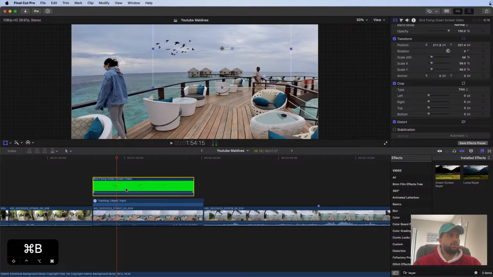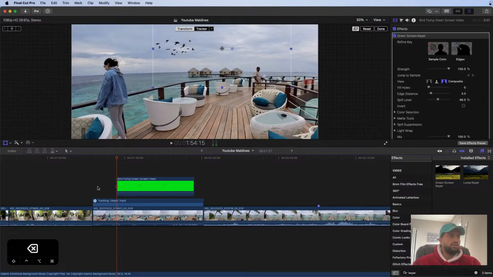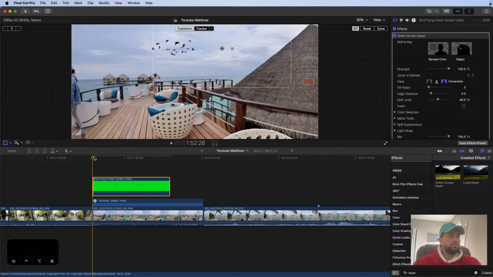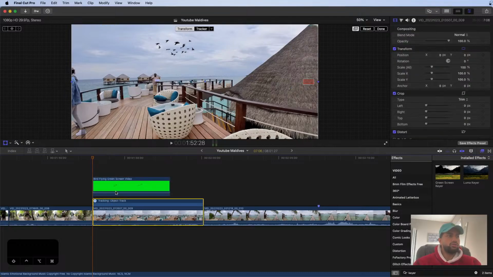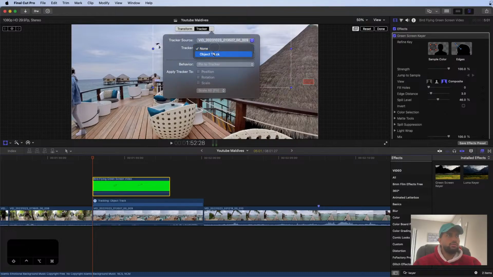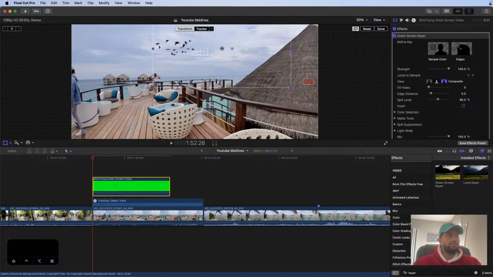So we're gonna delete that. Now we actually want this to start from the beginning, but you also want this to be tracked to our tracker. So if you just click on your new footage, come here and then make it tracked, it tracks it to that. So if you press done,